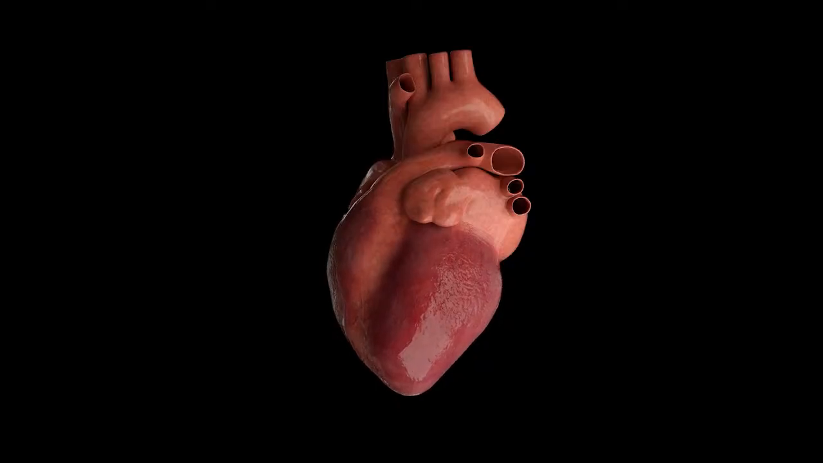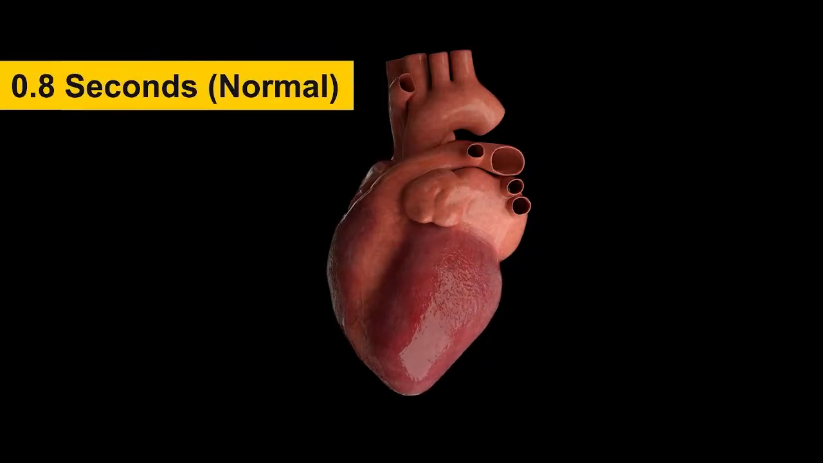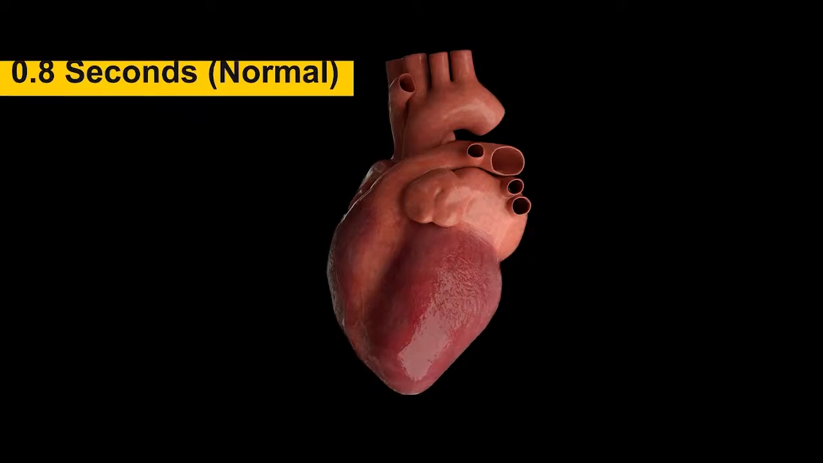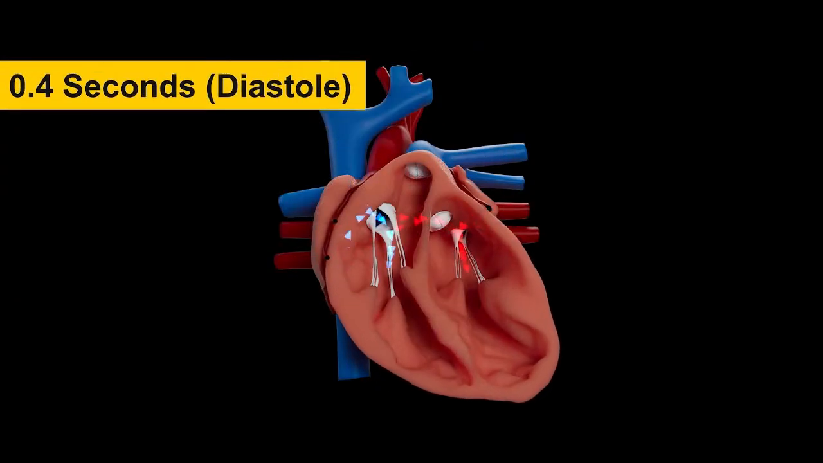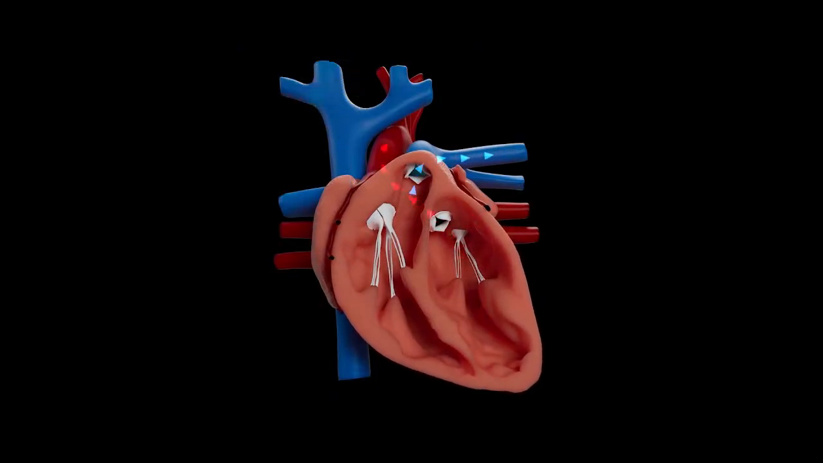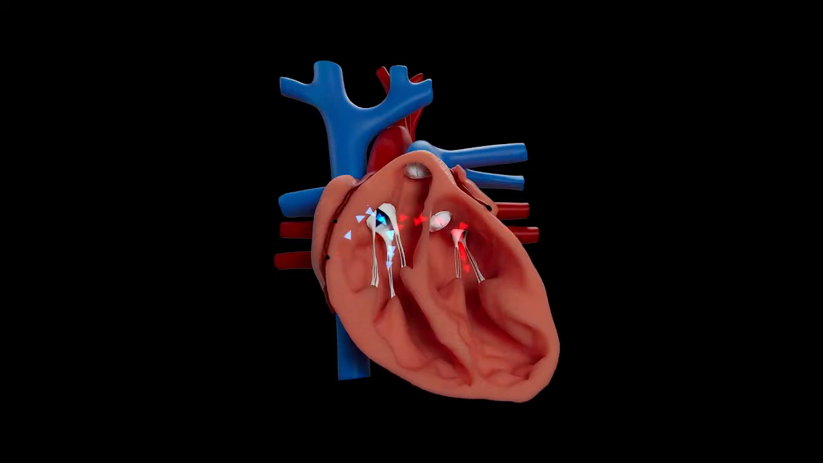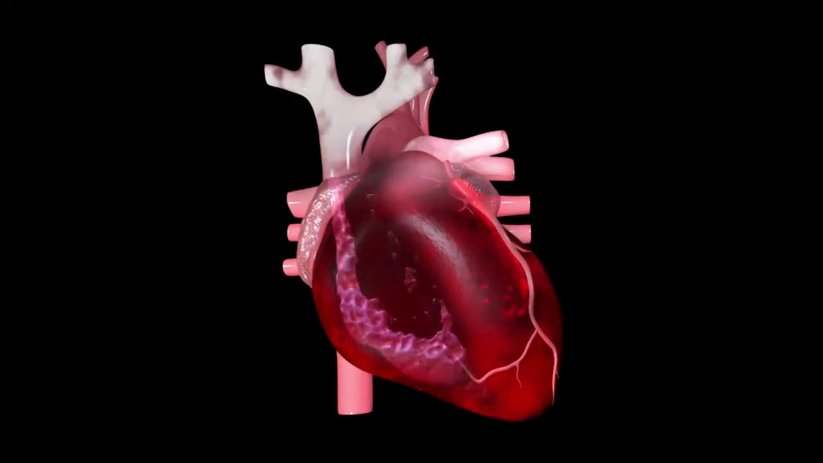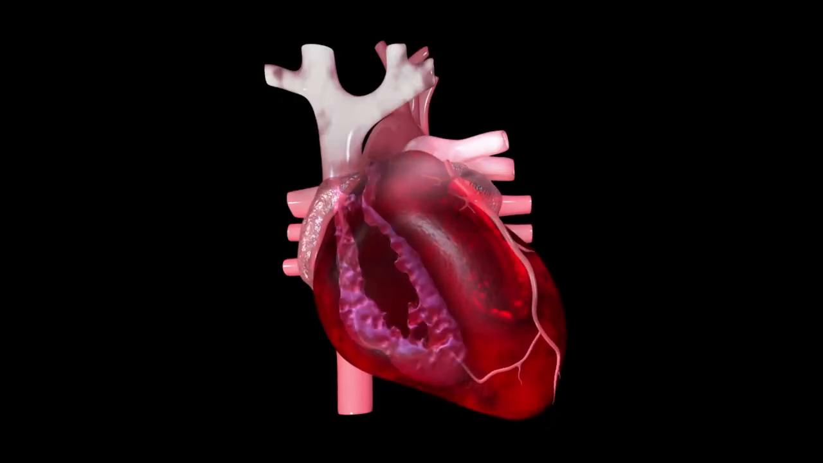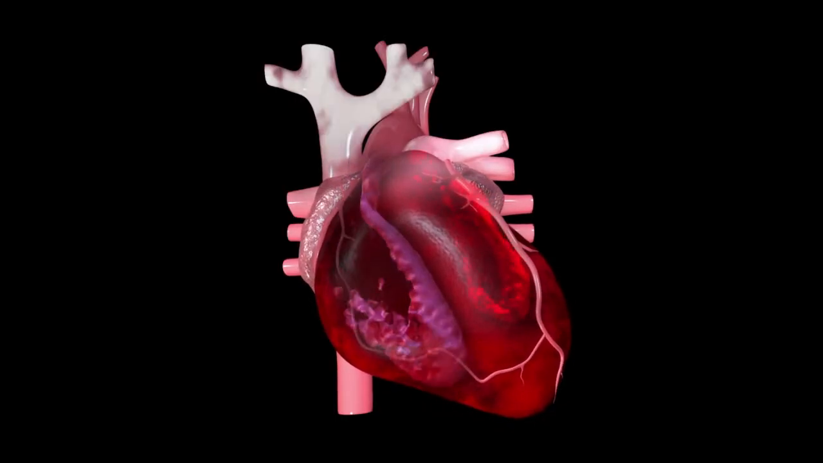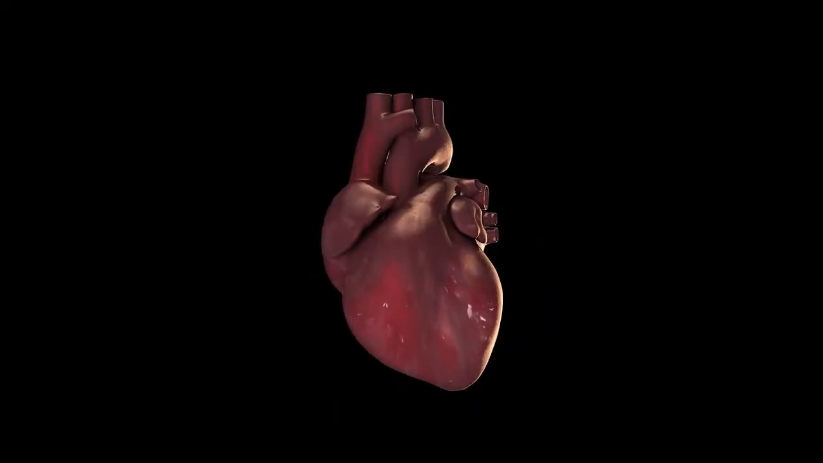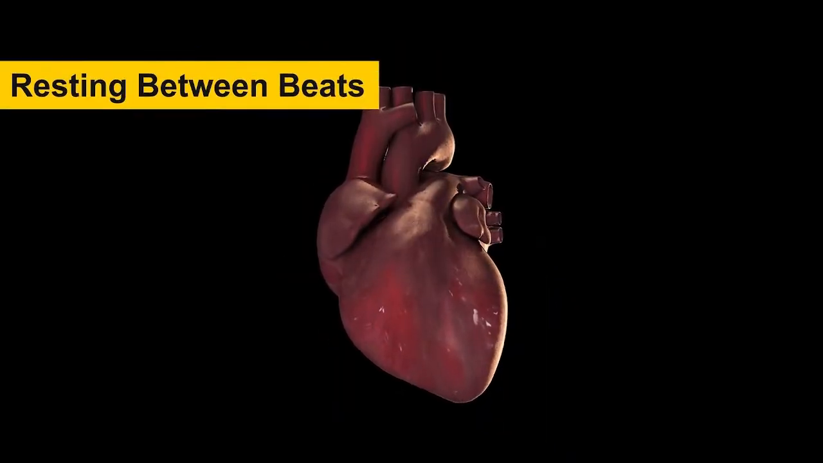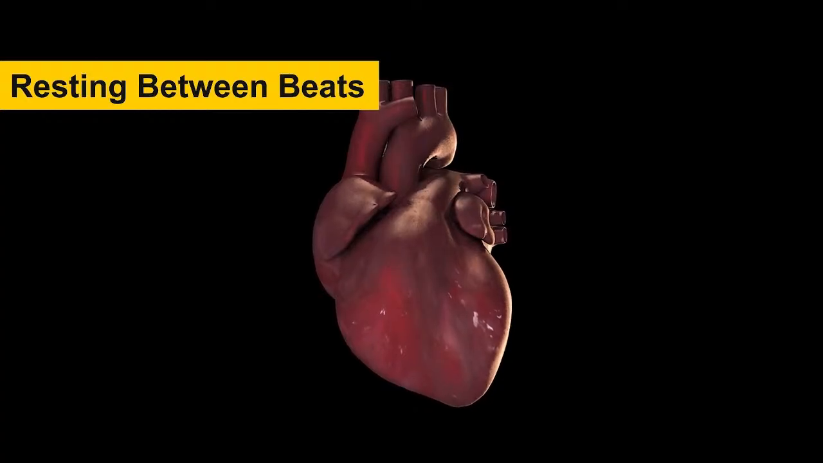A full cardiac cycle takes about 0.8 seconds at a normal resting heart rate. Of that, about 0.4 seconds is diastole, when the heart muscles relax and the chambers refill with blood. This brief relaxation period allows cardiac muscle fibers to recover without stopping the overall function. So while it seems like the heart is always working, it is in fact resting between each beat, thousands of